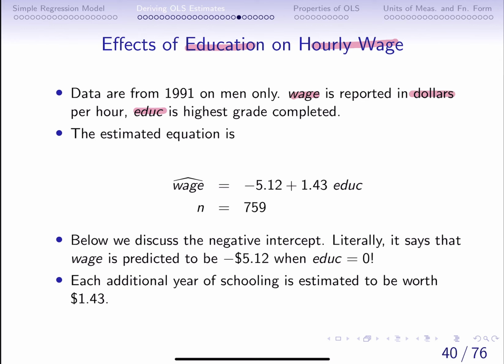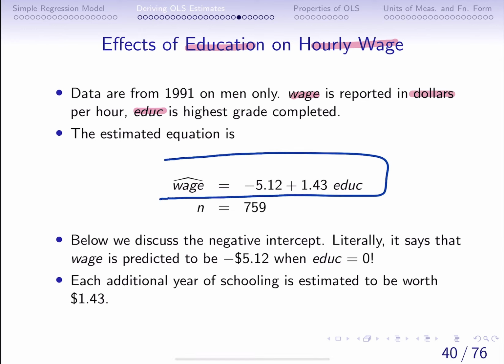So we've predicted this, and the sample regression function is given here with an intercept that was estimated and the slope coefficient that was estimated. And here our sample size was 759 observations. So the important thing here is to really discuss what these estimates mean. We want to focus on really interpreting